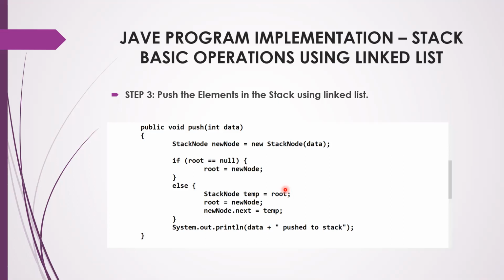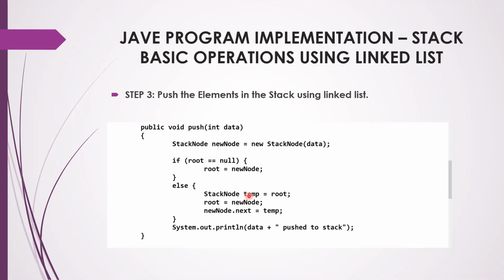So if you have to insert before the root node, first you have to store the root node in some temporary variable, or else when you remove the connection, it will be lost. So first you store that root node 1 in a temporary variable, and then make the new node. The new node's next field should point to the root node, which is already inside the linked list, that is 1. So the new node is 5, and 5's next field should be pointing to 1, which was already there in the linked list before.